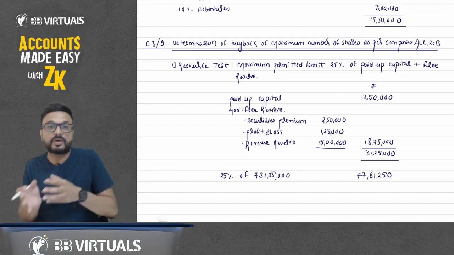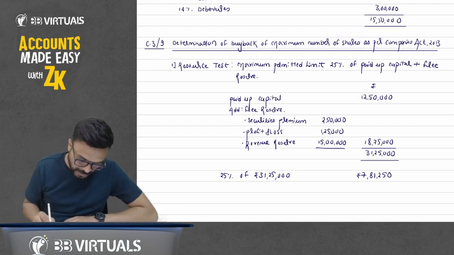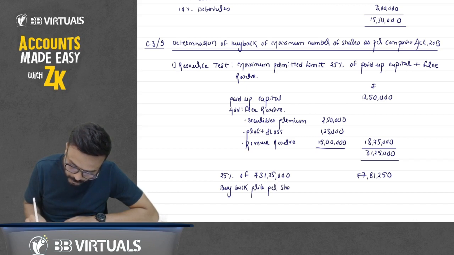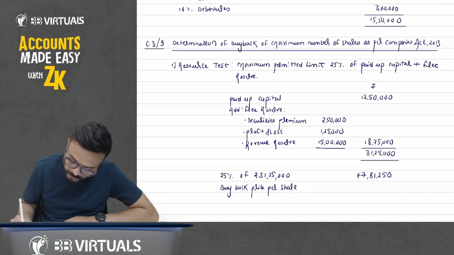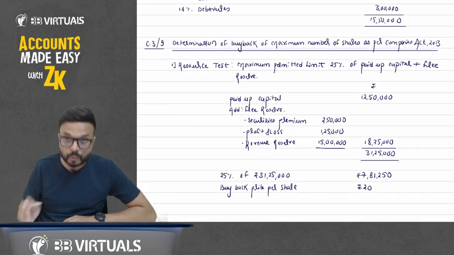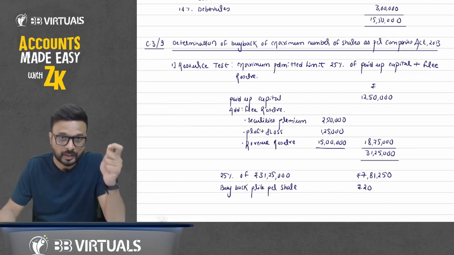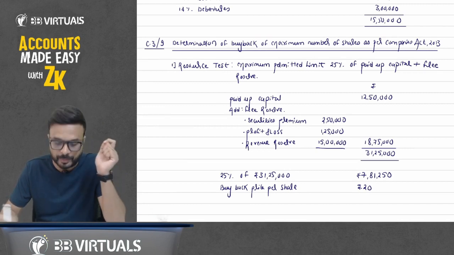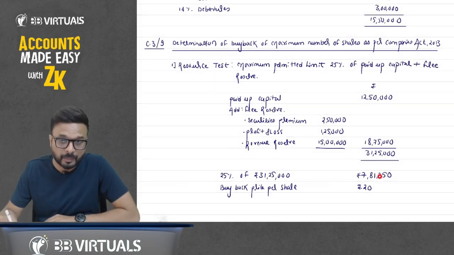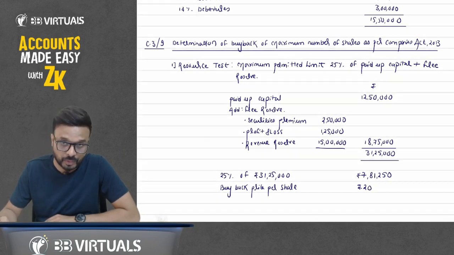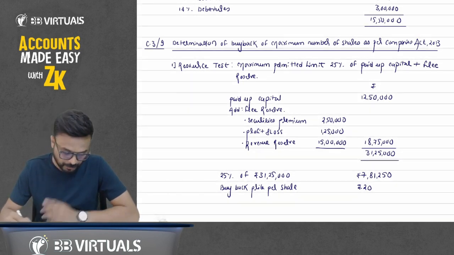But if we want to convert into shares, write down here buyback price per share. For one share, how much are we paying? For one share of buyback, we are paying 20 rupees. So the maximum permitted amount as per the resource test is 7,81,250, and for one share we are giving them 20 rupees. So write down here